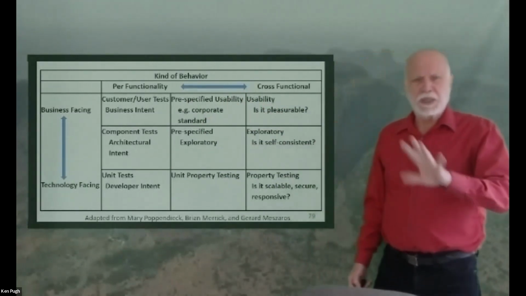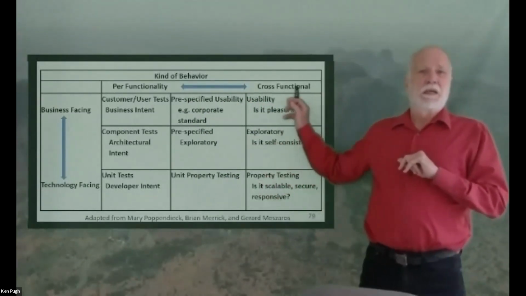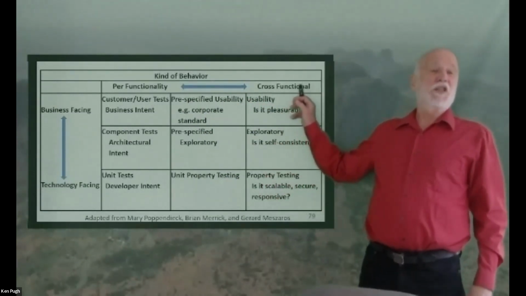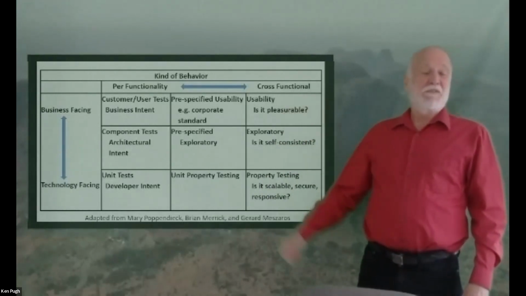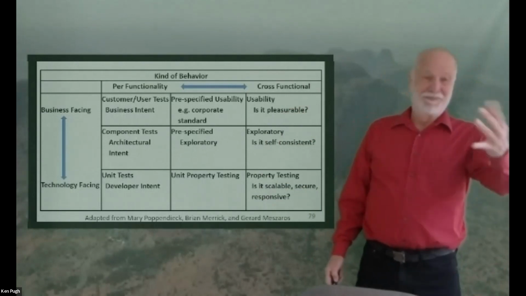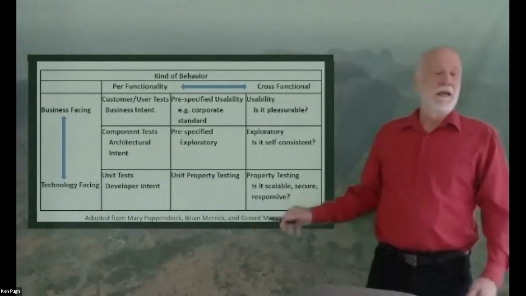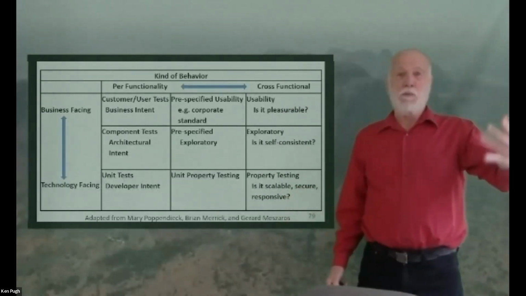Always an exception, but that's my main thing. Over here, we have the cross-functional test. Nothing we've done so far is testing it for usability. Who can test it for usability? Well, the users. Down here at the bottom, property testing, performance,